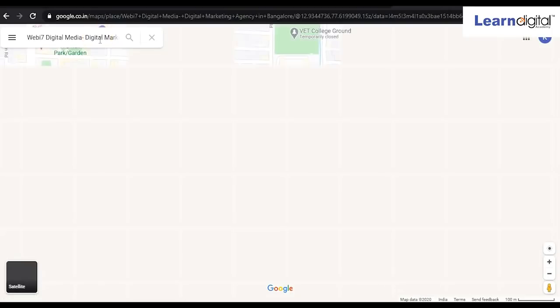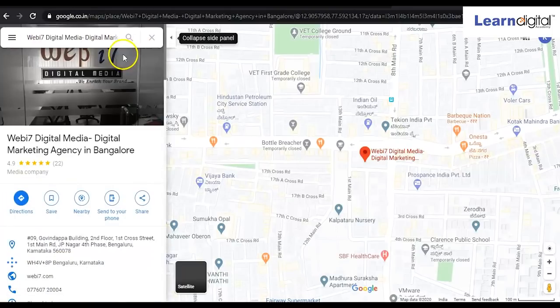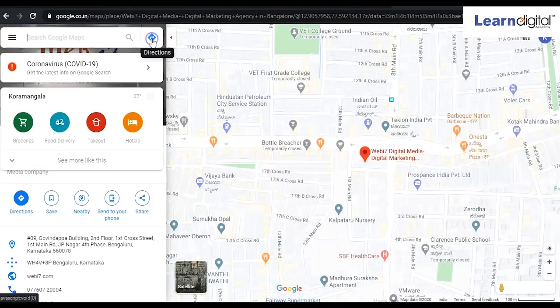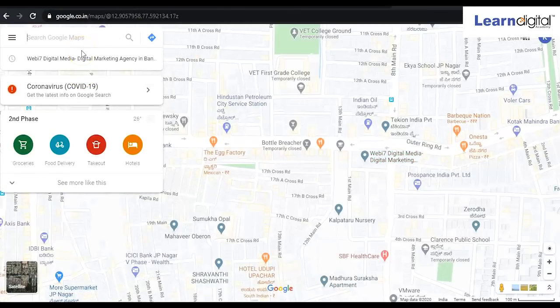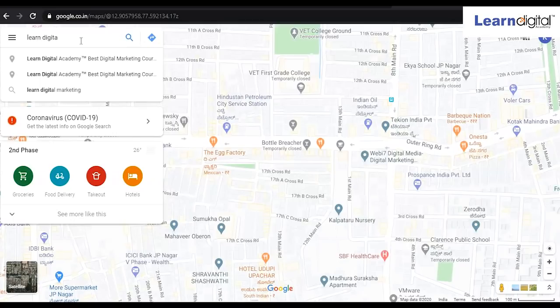If that location is not in Google Map, you can add that information by logging into your account. So this is the location that I want to select, right? Or I'll take our Learn Digital Academy place. For example, I'm taking Learn Digital Academy. So this is appearing in the Google Map.